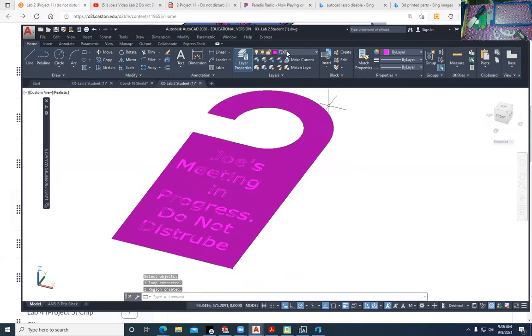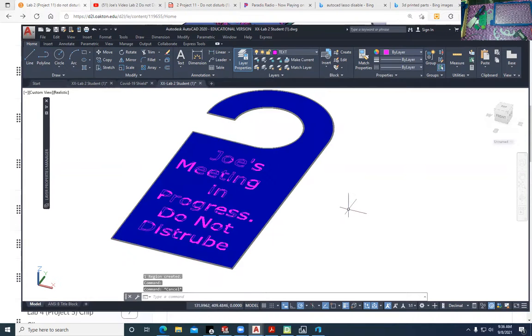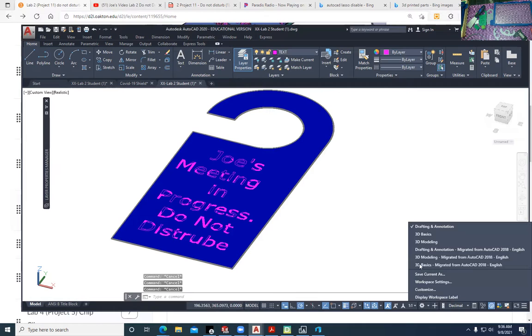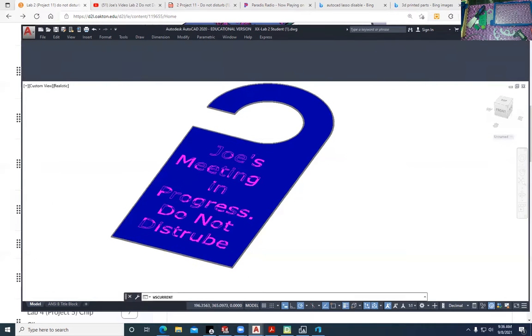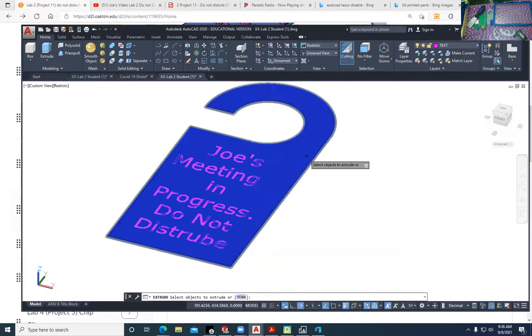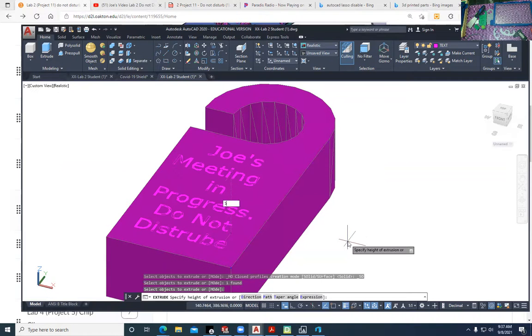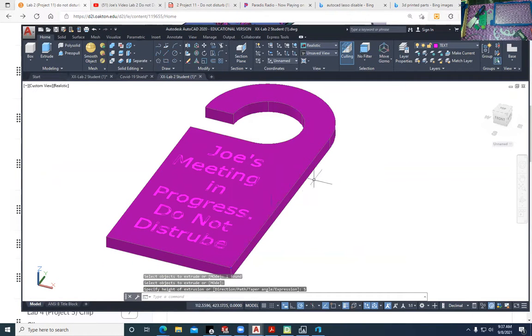Now it just used the current layer, which is fine. If I want to switch it to a different layer, I can do that. I'll go back to my object layer, and then I'll see it in blue. And then what I can do is I can extrude that. And so I'm just going to type in the extrude command. I could also, I guess I won't, I'll use the 3D modeling. And we have videos for this, so this is just another way to do the same thing. And so I'll extrude this, I'll select that region, and then I'll extrude it down, and I'm just going to go 5 millimeters. I would have to check what the exact number is, but